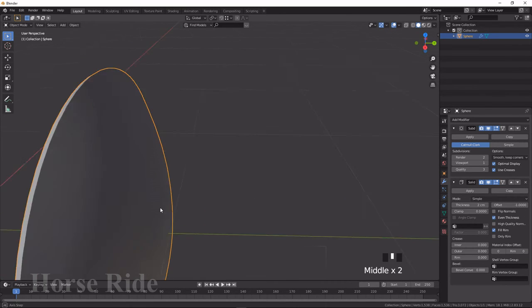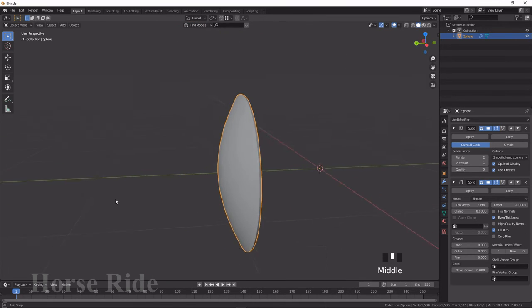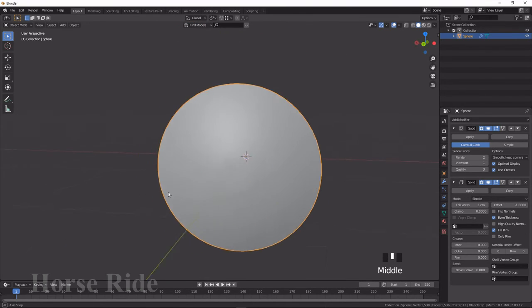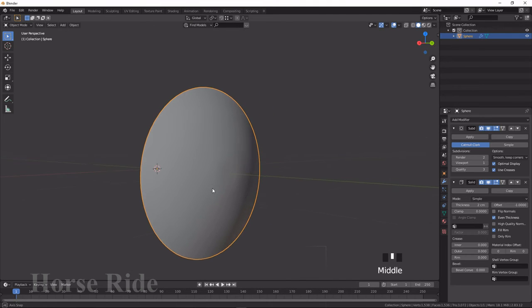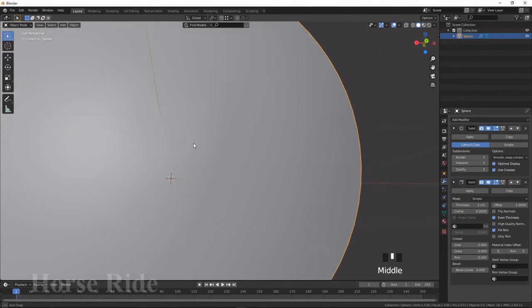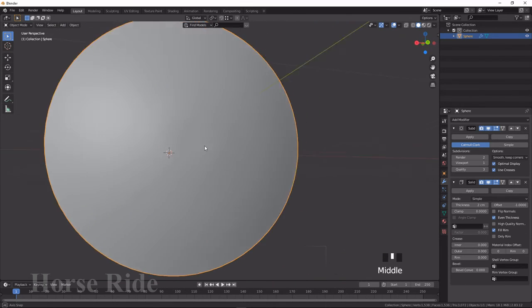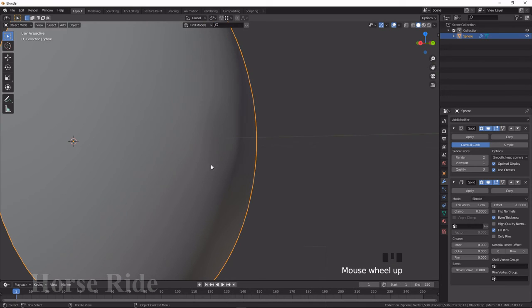Now it looks better and it has the curve shape. Here you can see the angle a little bit is fine, I think.